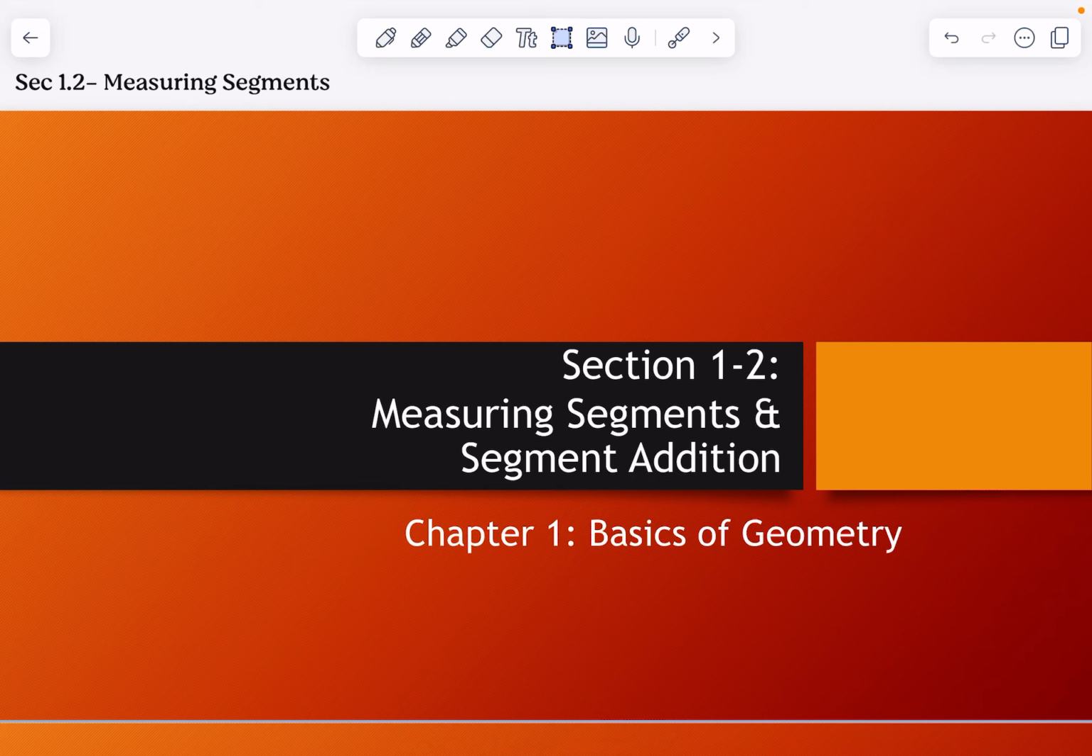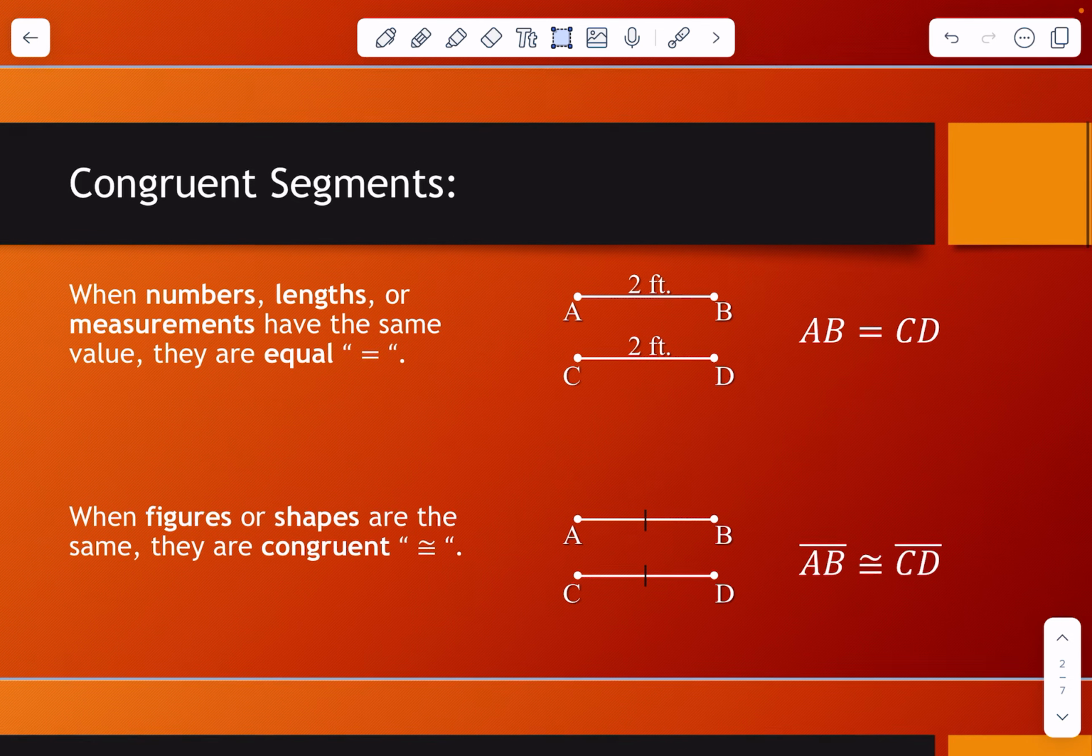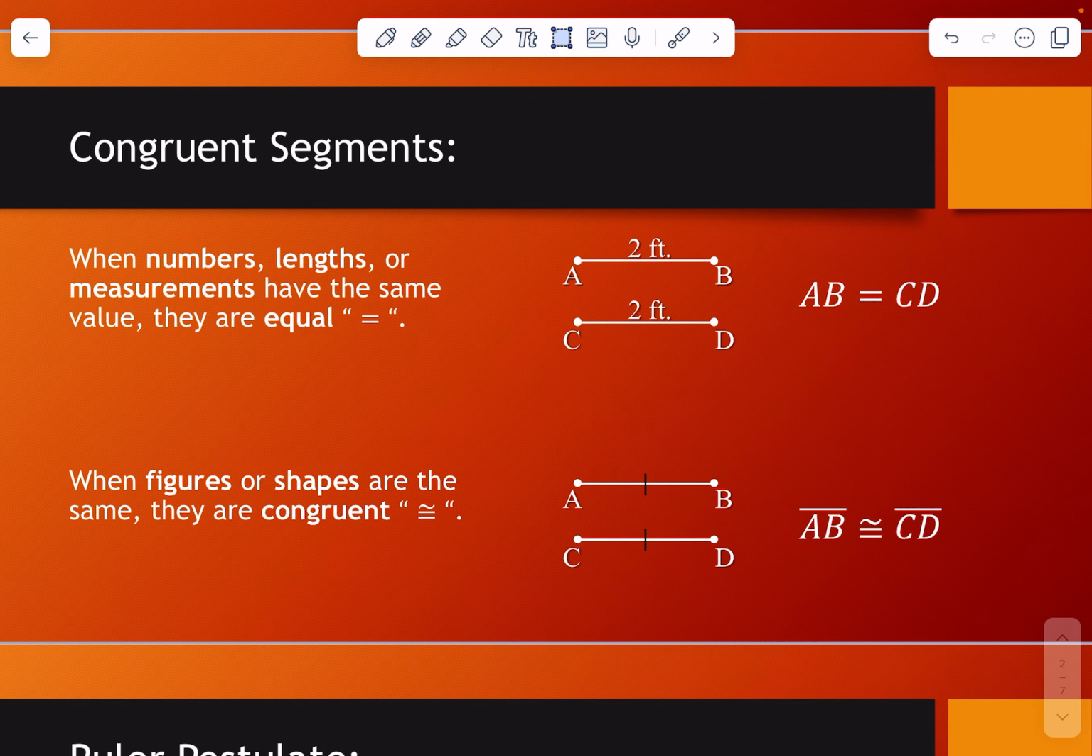All right, we are moving into section 1-2, still in chapter 1, the basics of geometry, and we are going to look at measuring segments and the segment addition postulate. So let's start off with something we need to understand the difference of, and that is congruent segments compared to